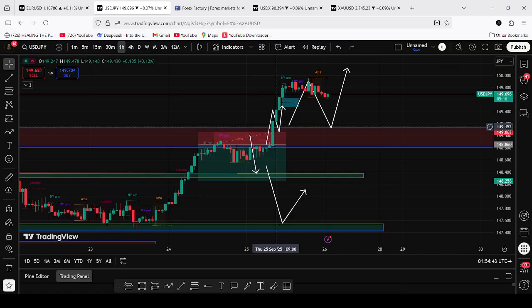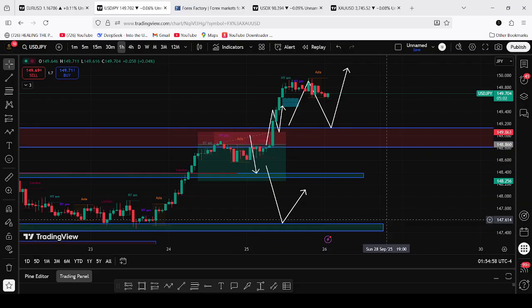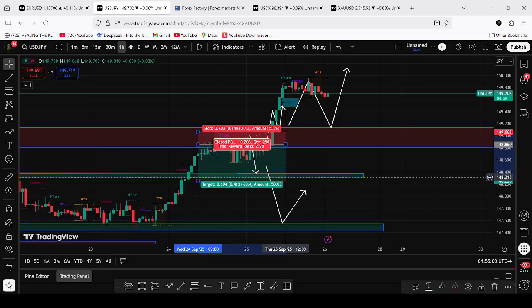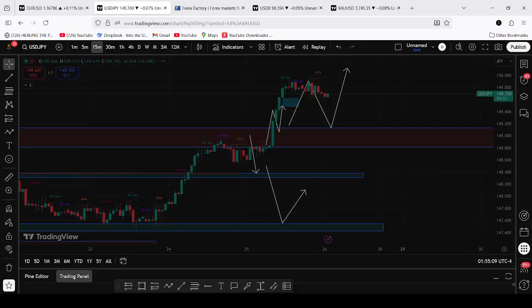But the market already retraced yesterday. For those traders that were keen on yesterday's market, this one was live, because I did not do the analysis, but I was able to hit a stop loss of 40 pips. The market went up and came and retraced in the lower time frame.